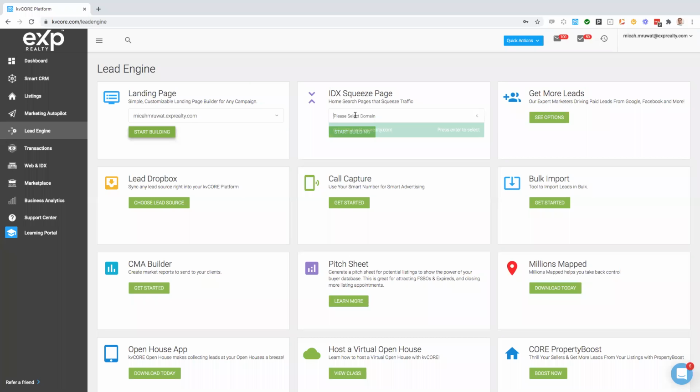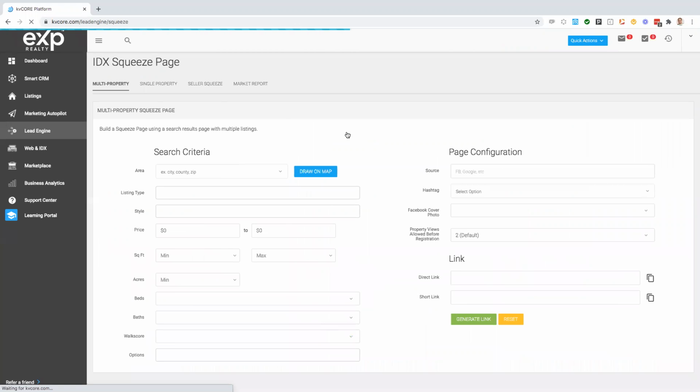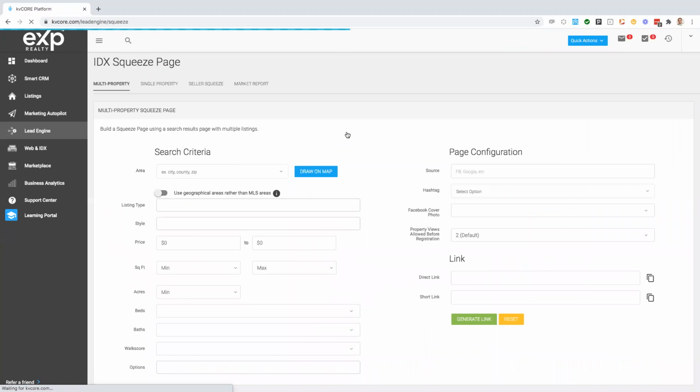Then you can do squeeze pages. So the best way that I can put in perspective what a squeeze page is, when you think of the IDX, when you think of the MLS feed, the MLS feed is all of the houses for sale, right? By all the agents in your area. And a squeeze page is condensing down that information based on the criteria that you put in here. So